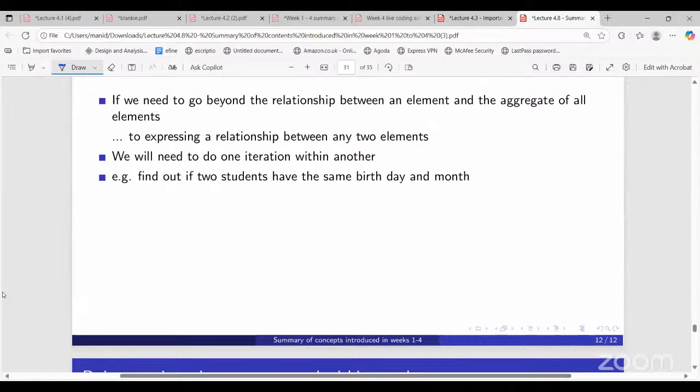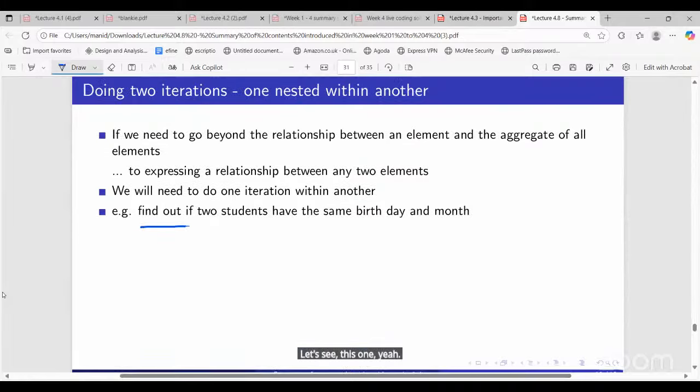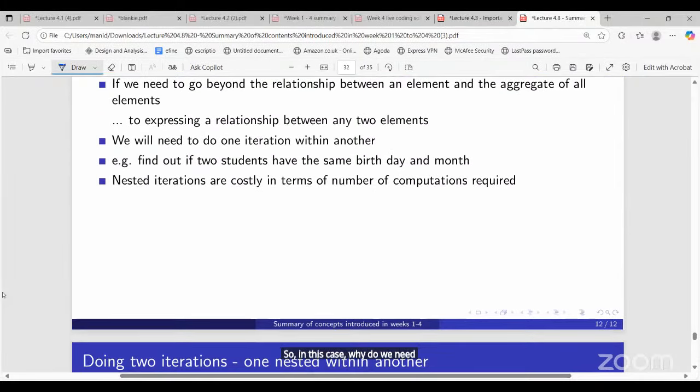Let's see, this one here. So find out if two students have the same birthday and month. So in this case, why do we need nesting? Look, first I will go through, first iteration, I will go through, let's say,